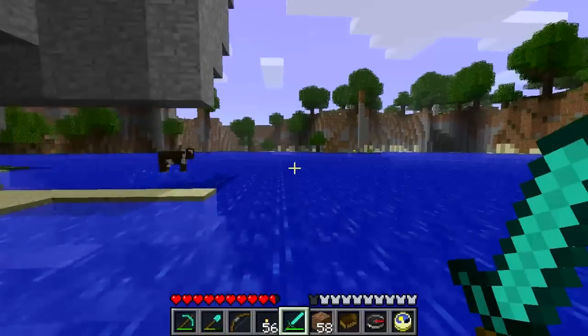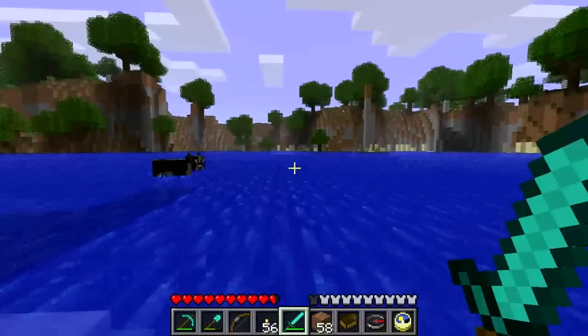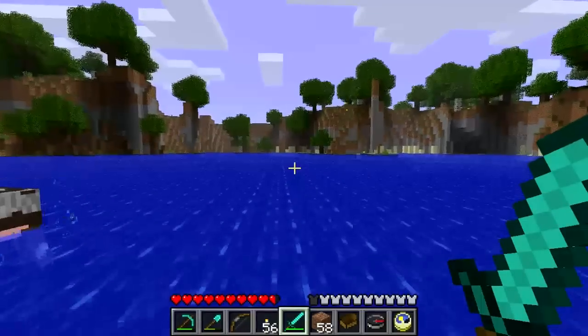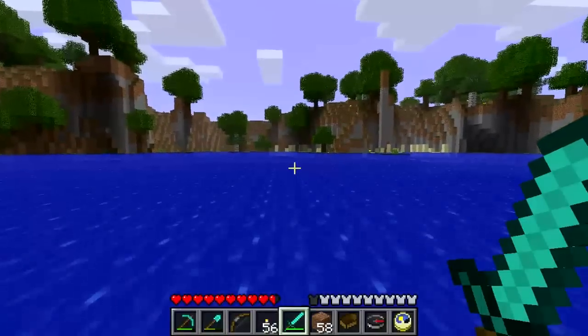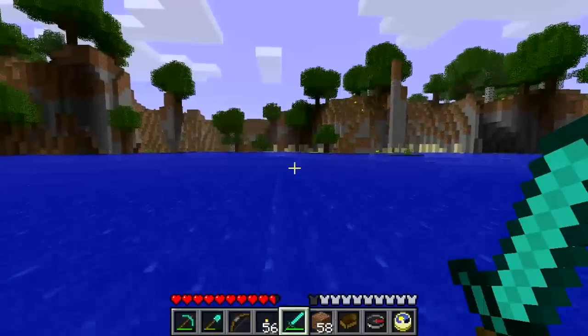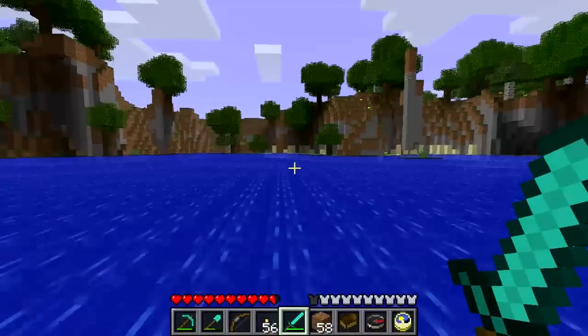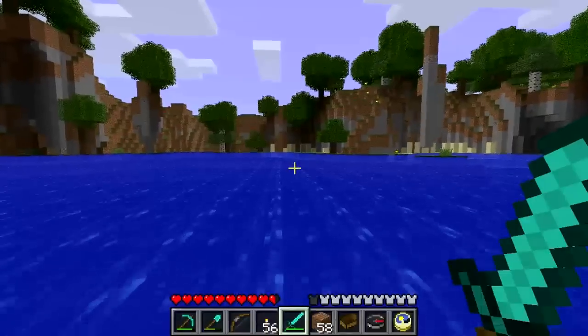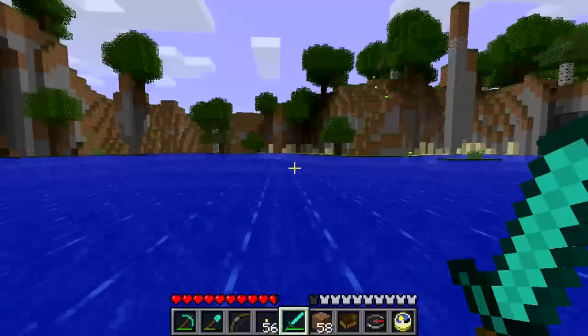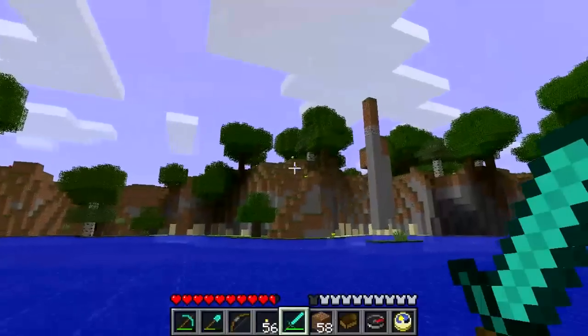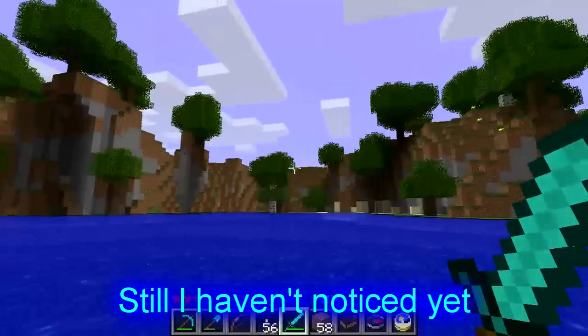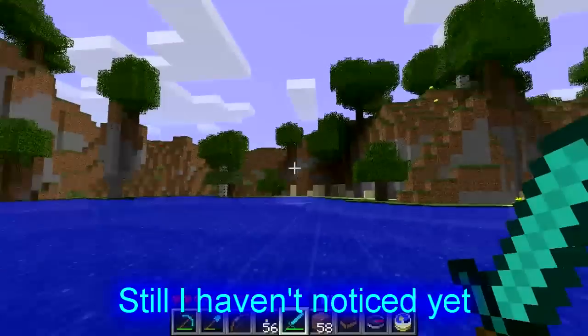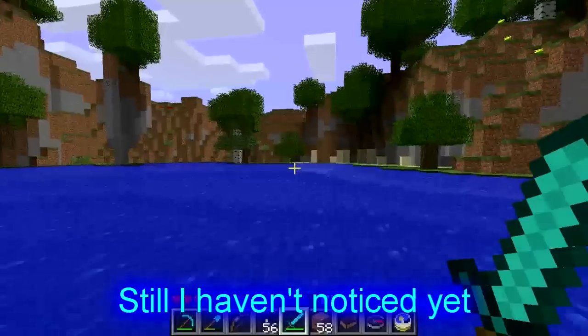So, here we go, proceeding onwards towards the FarLands. And so, oh, how about that? Little floating tower. Anyway,